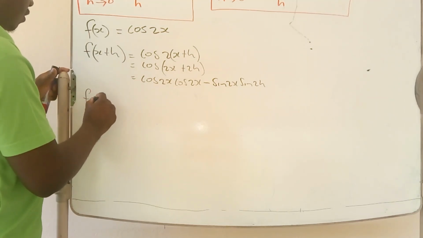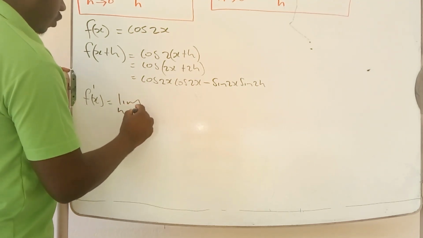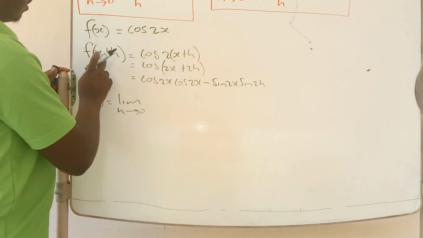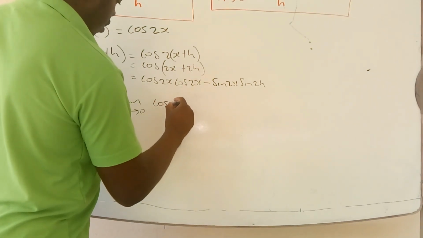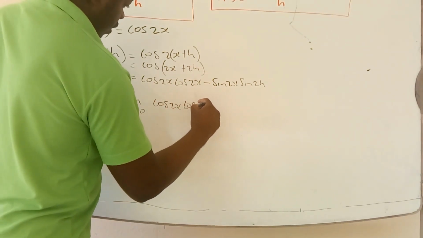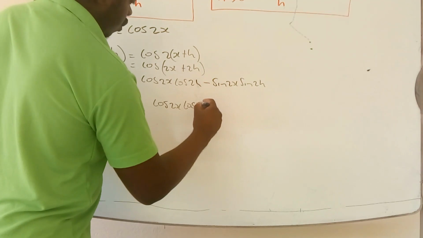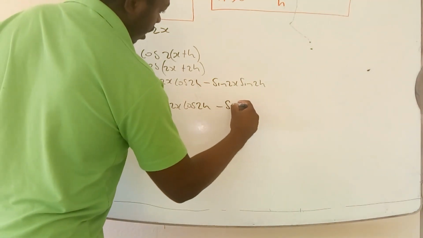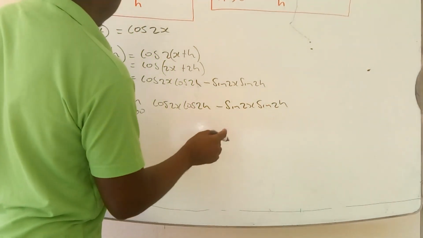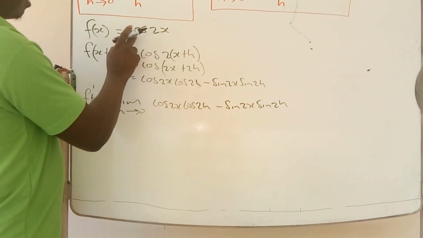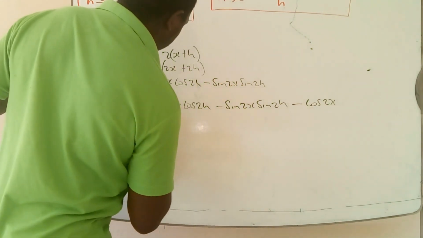So the derivative of f of x is equal to the limit as h approaches 0 of f of x plus h, which is cos 2x cos 2h minus sine 2x sine 2h, all of that minus f of x, which is cos 2x, all over